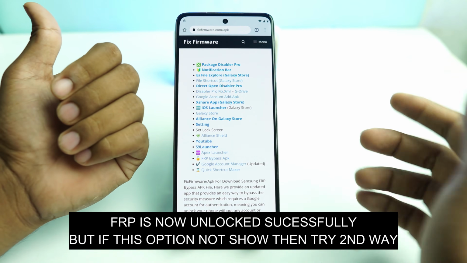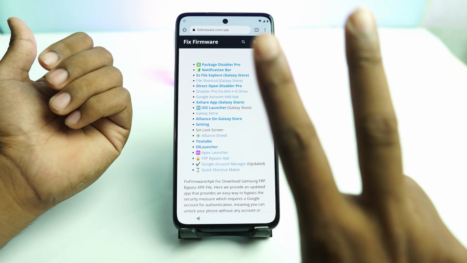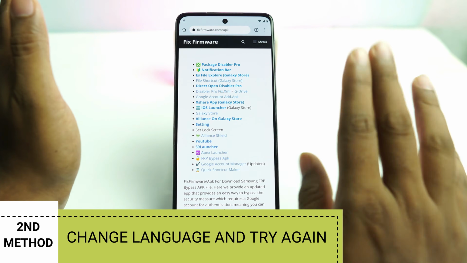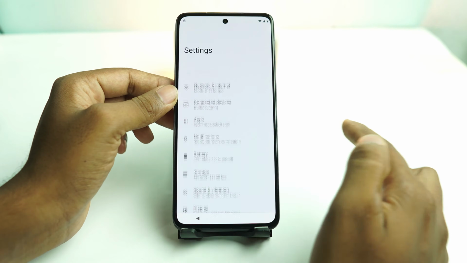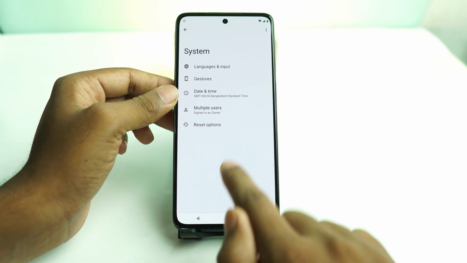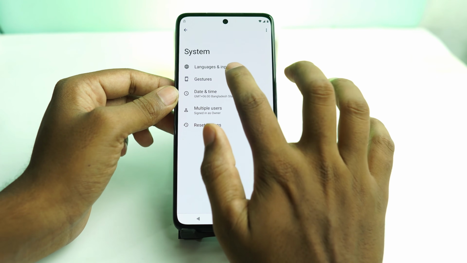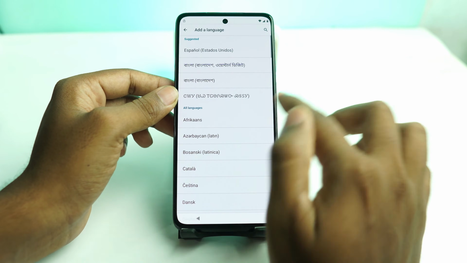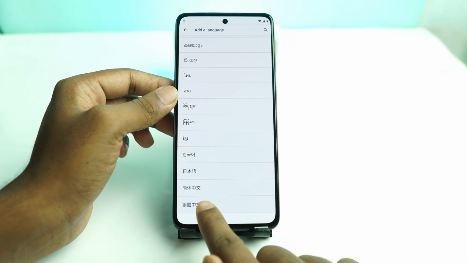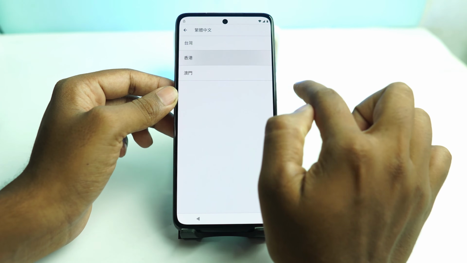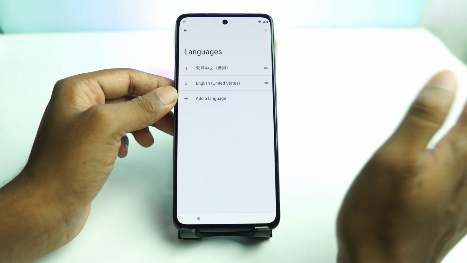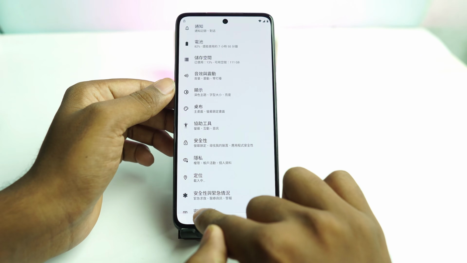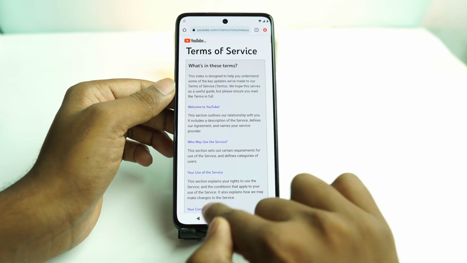But if it does not work, if the skip button does not show, then there is the second method. Our FRP is already removed, but if it does not work, then you go to settings and then system, and then language and input, language, add language, and select this Chinese language and number 2 and this option. Okay, that means you have to change the language, and then when you try the lock screen option,